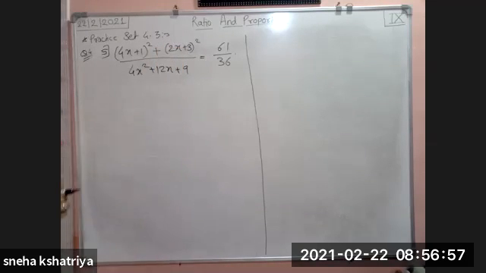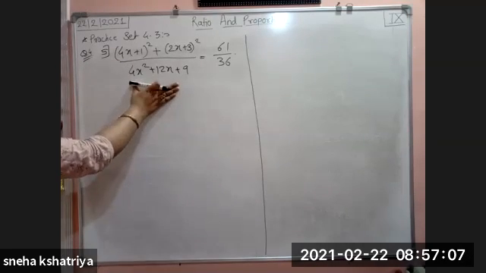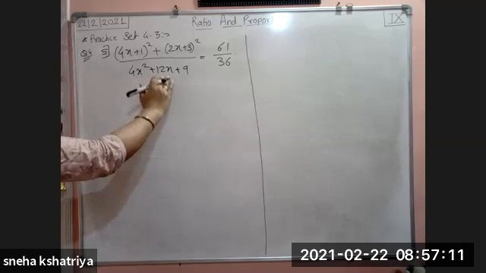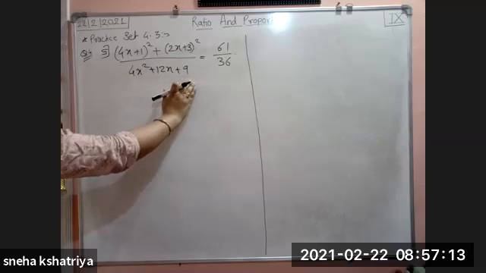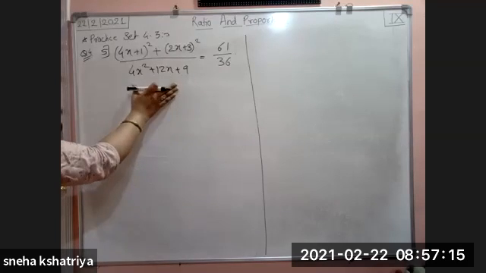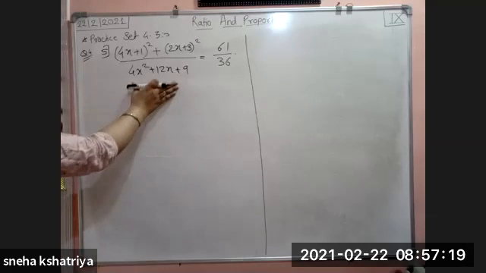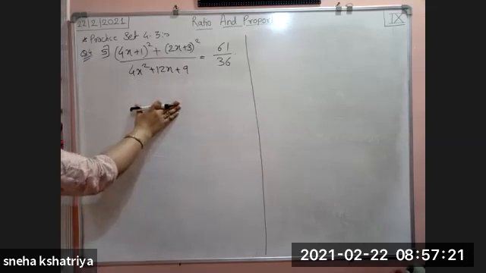Okay. Now we have to solve this example, but see here we cannot find any common term, or we cannot multiply here, or we cannot see anything which we can make common. But here we can see this is a quadratic expression, 4x square plus 12x plus 9. This is the expansion of a term, a plus b bracket square. We have to find of which expansion it is.